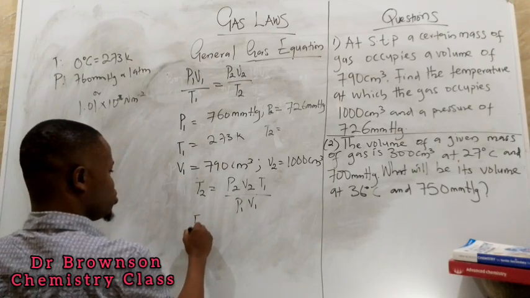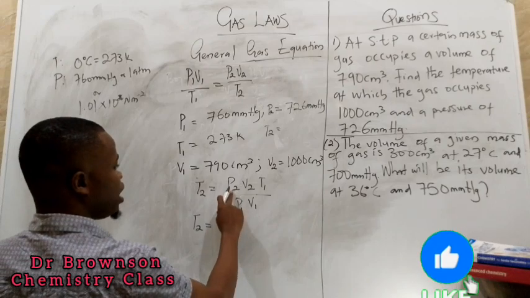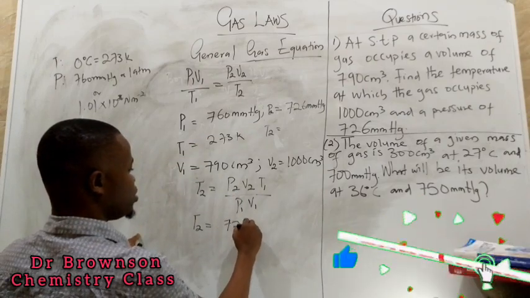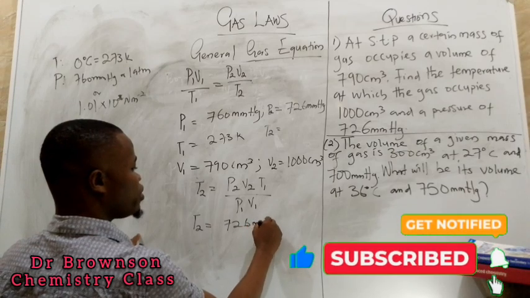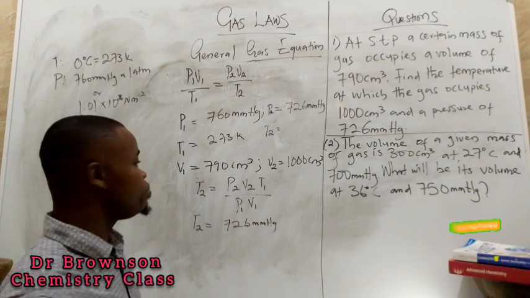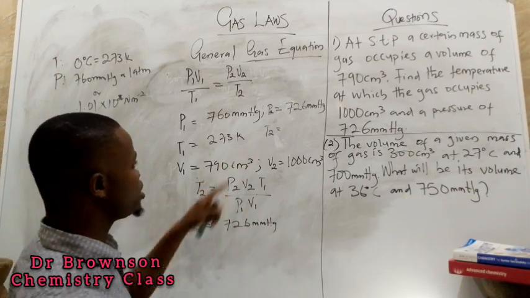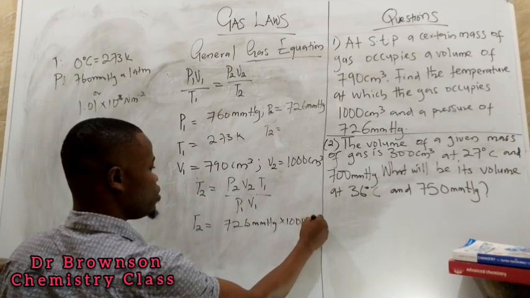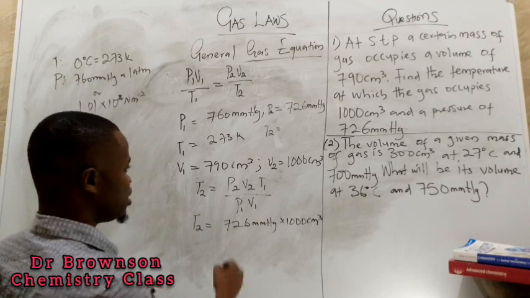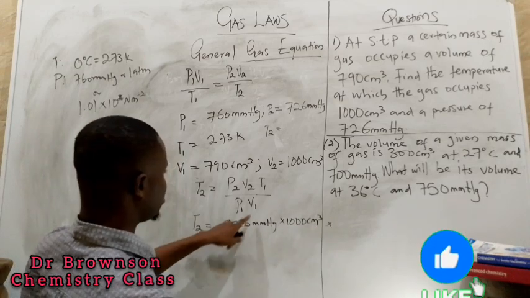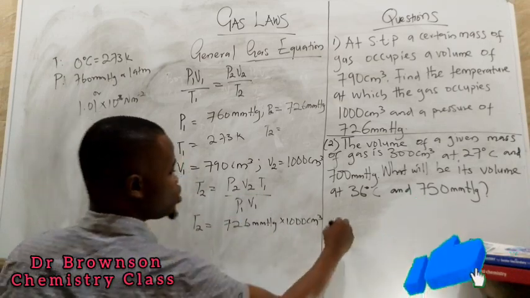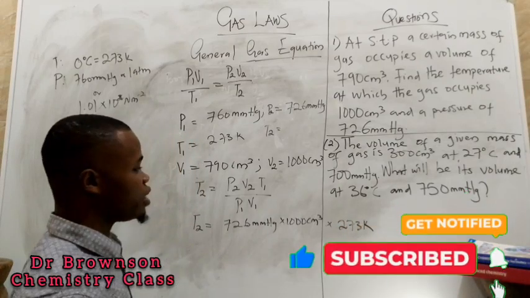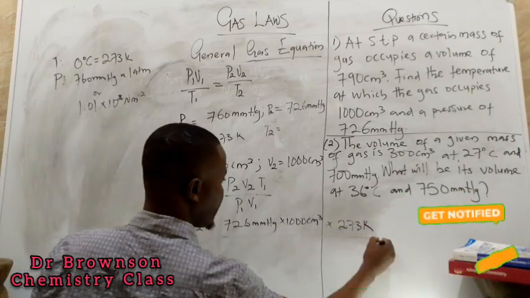So T2 is equal to, our P2 is 726 millimeter mercury, then our V2 is 1000 centimeter cube, times our T1, which is 273 Kelvin, all over